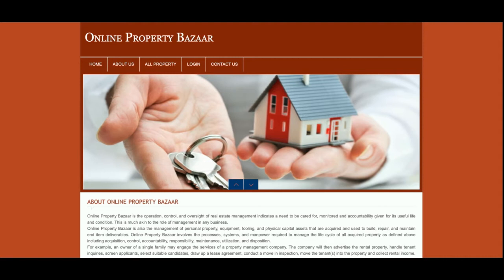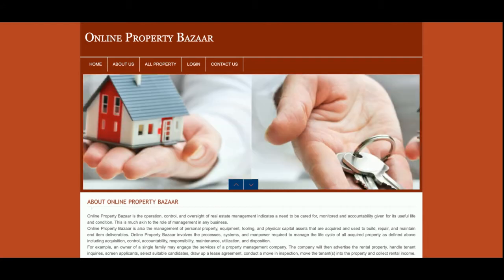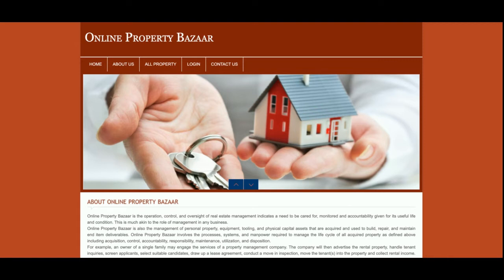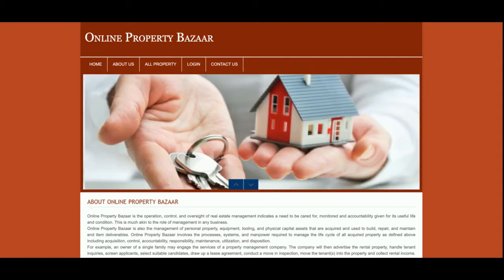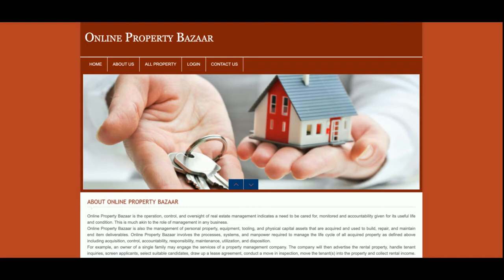If you are using the Linux operating system, then you can configure and run this project on the LAMP stack. And if you are using the Mac operating system, then you can run it on the MAMP stack. So this project is suitable for all of the operating systems. For Windows, you can use XAMPP. On both platforms this project will work. We have used the latest version of PHP and MySQL, so you can use the latest version of XAMPP, which has PHP version 7 and MySQL version 5.6. This is the server-side technology and software we have used for developing this project.